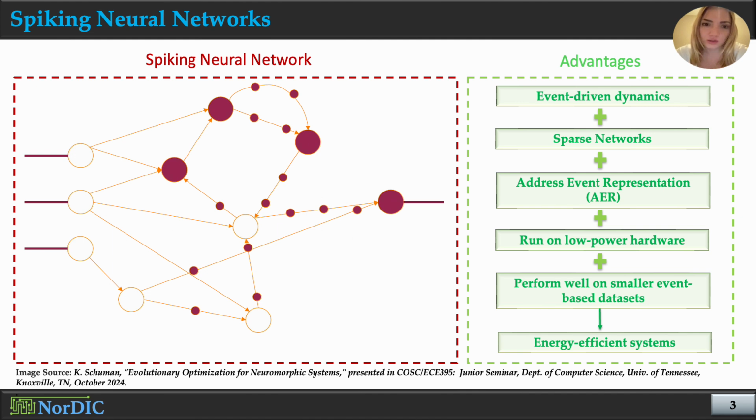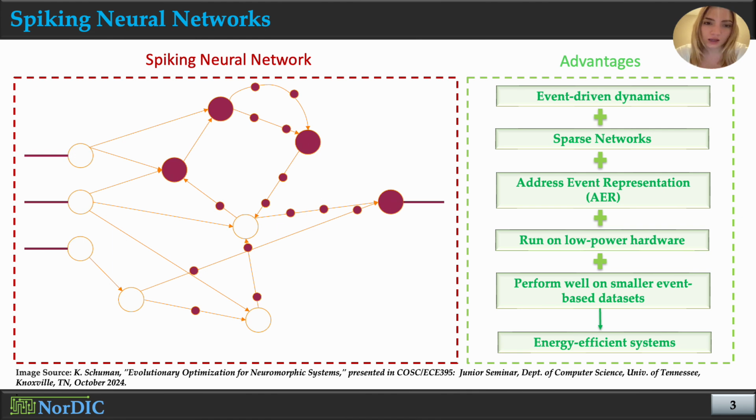Incoming spikes increase a neuron's potential by the synapse weight until the potential crosses a threshold, triggering the neuron to emit a spike across all its post-synapses. After emitting a spike, the neuron resets its potential and becomes non-responsive for a period known as the refractory period. These event-driven dynamics, alongside the network's sparsity, offer an energy-efficient alternative to traditional DNNs, since only the hardware units, or neurons, receiving a spike or event are active.